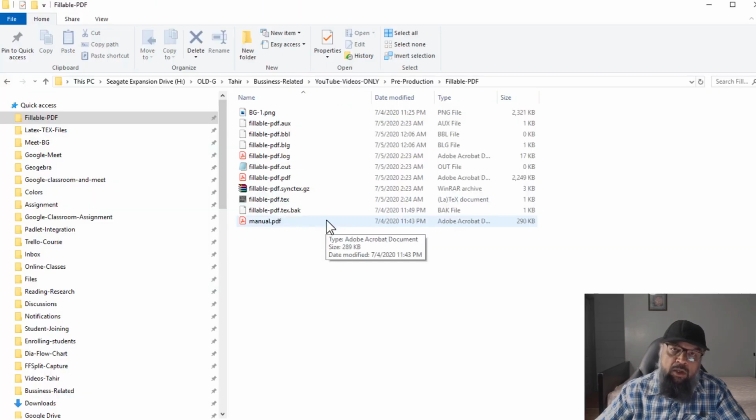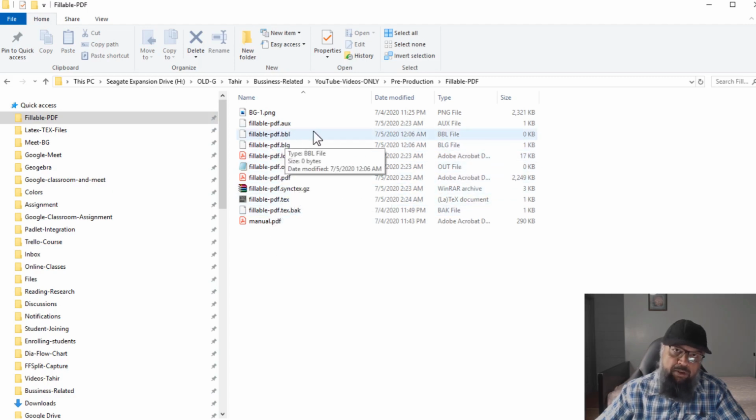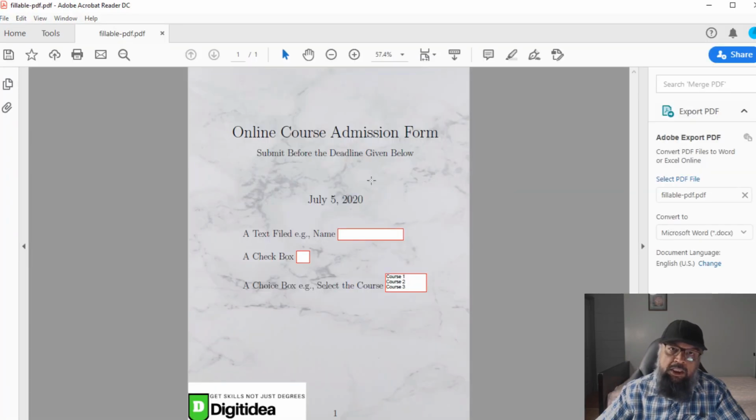a red box or something will appear here and you will see the latest version. And now in the folder you will see some extra files, and these files are created when LaTeX was compiling your PDF. But the only file you are interested in is this filllabel.pdf, and this has the same name as you started with your text file. This is the text file, the same name PDF is the PDF which you are looking for. And if I click on this PDF now, this is my form.